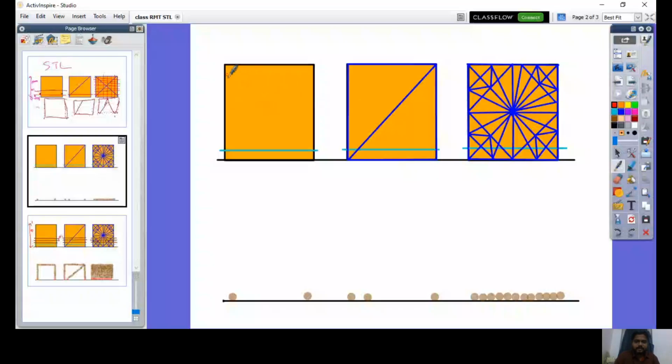To understand that, you can see this image. I have created three models. Let us take the first model. The first model is a CAD. It is not an STL file. It is a CAD model. So I am directly transferring the CAD model to the machine. What will the machine do? The machine will slice the CAD model into n number of layers, and each layer will be printed in the machine. So when I supply a direct CAD model to a machine, the CAD model will have